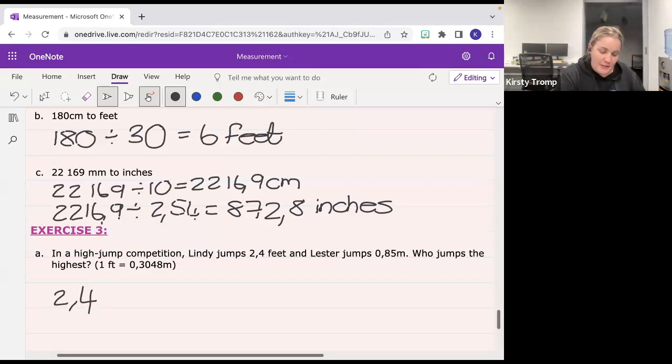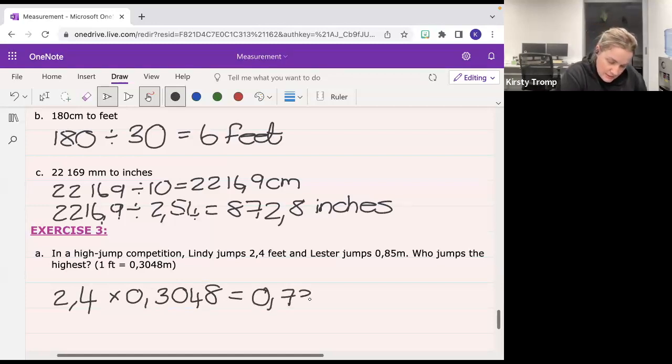And if I want the feet to be in meters, what am I going to do? I'm going to multiply it by 0.3048. So on my calculator, I'm going to take 2.4 multiply by 0.3048, and it's going to give me 0.73152